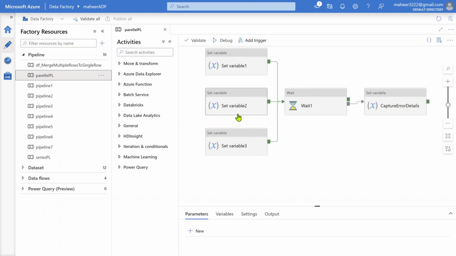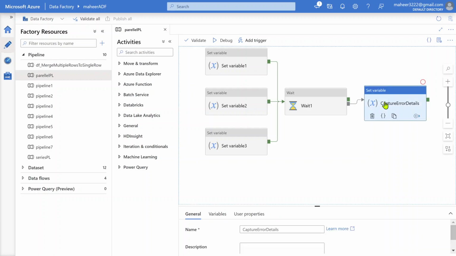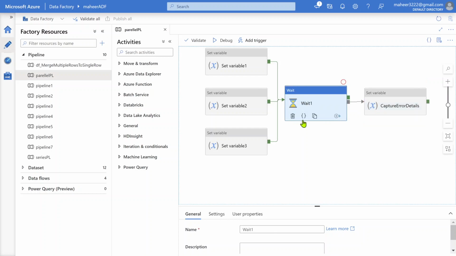So out of all your activities, if any one activity failed, then your activity should sense that failure as an overall pipeline failure, and it should send the error details. That thing we did. I'm not going into detail of why we added this wait activity or dummy activity in the middle. So please check my previous videos, I mean the part 29 video. I will leave the link for that part 29 video also in the description of this video.